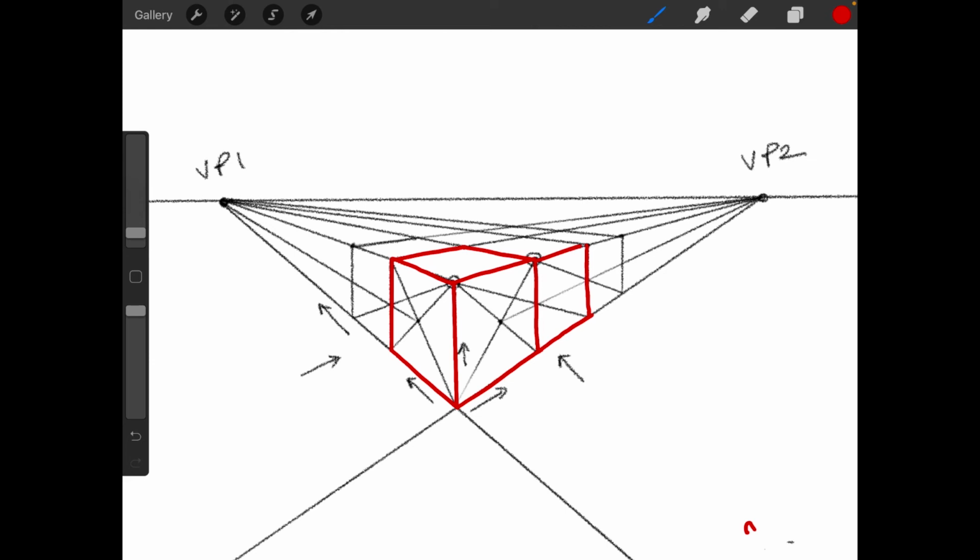Now when I duplicated it, what I got was this. And when I duplicated it again, what I got was this. Okay, now when I duplicated it to my left, that's towards VP1, what I got was this object here. Right, so as you can see, the objects have not only been duplicated, but